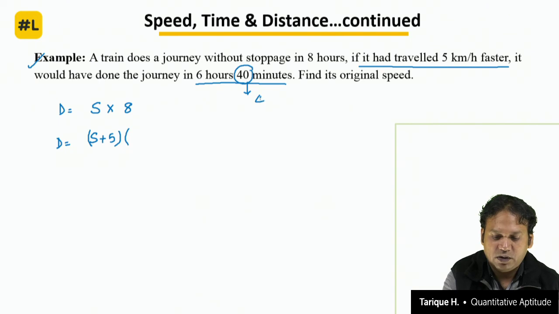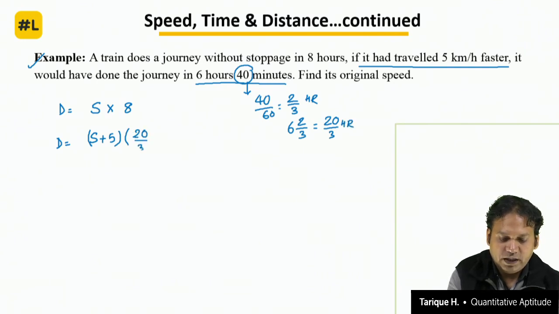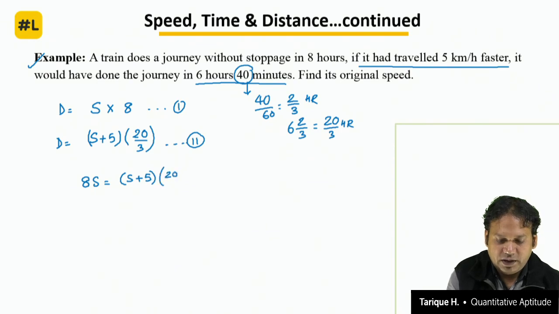40 minutes means what? 40 by 60, 2 by 3 of an hour. 6 and 2 by 3 of an hour is nothing but 20 by 3 of an hour. Okay, so 20 by 3. Distance is the same. That means the first equation and second equation will be equal. 8s is equal to (s plus 5) into 20 by 3, or 8s is equal to 20 by 3 s